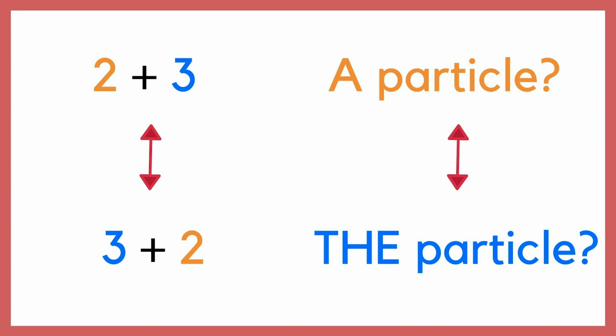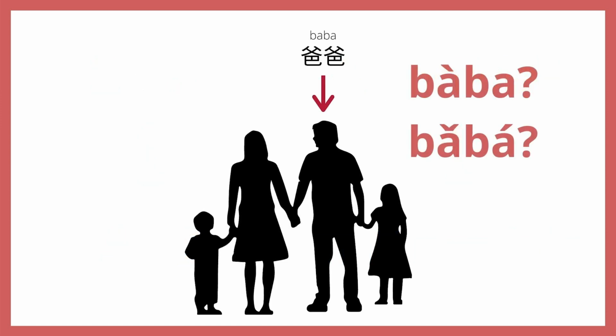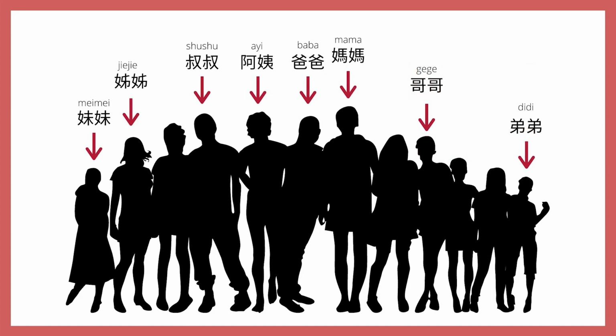Okay, one final fun fact. In Taiwan, the 3-2 combination is often used with family names for the familiar cutesy factor. For example, the word dad is 爸爸, but Taiwanese kids will call their dads daddy by saying 爸爸, 3-2, 爸爸. Same thing with mommy, mama, and same with all of the other familial names. Uncle, 叔叔, auntie, 阿姨, big sister, 姐姐, little sister, 妹妹, big brother, 哥哥, little brother, 弟弟, and so on and so forth. That is just the informal way of speaking in Taiwan.